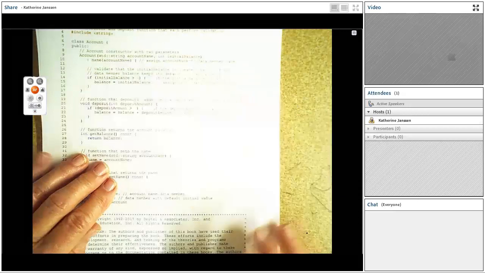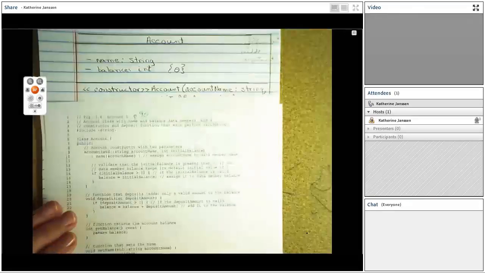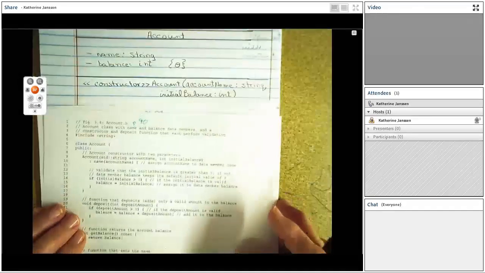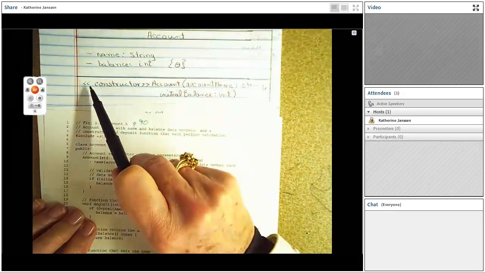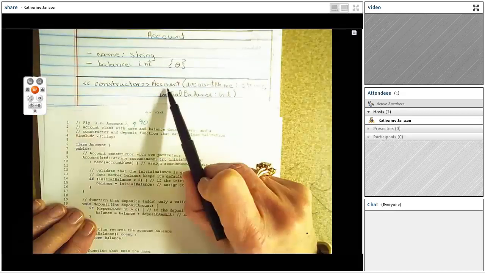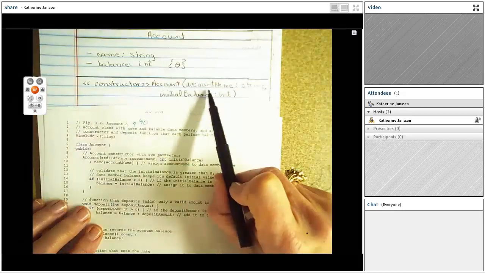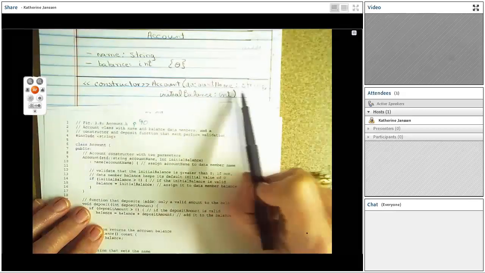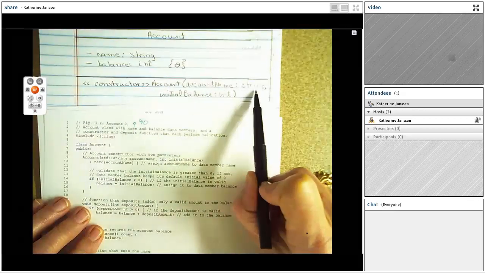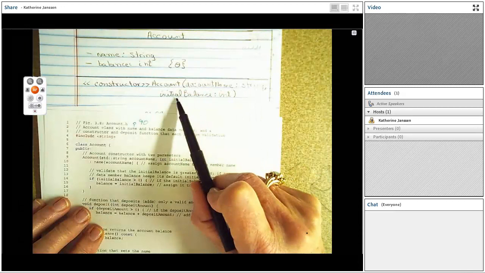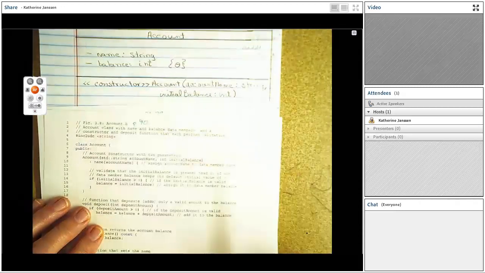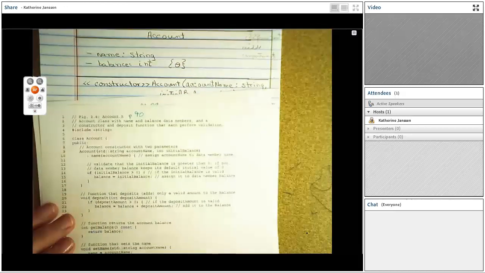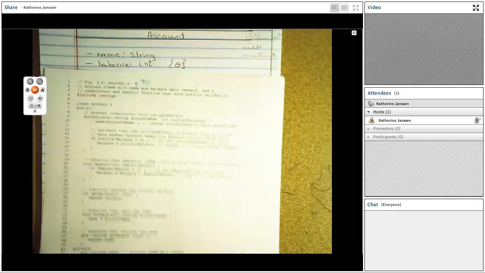So let's make sure that we're updating our UML. I now have in the bottom compartment my constructor named account. I have a variable name of account name, which is going to be type string, and I'm going to have a variable name of initial balance, and it's expecting to be assigned an int value. In account.h,